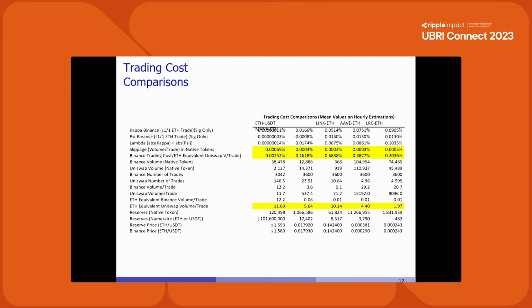So the way the model works is, think of this to interpret this is this. If you're looking at Link, I'm sorry, this is showing up differently in this format. But if you look at how much of price change was permanent for 1 ETH of trade on Link to ETH contract on Binance, it was